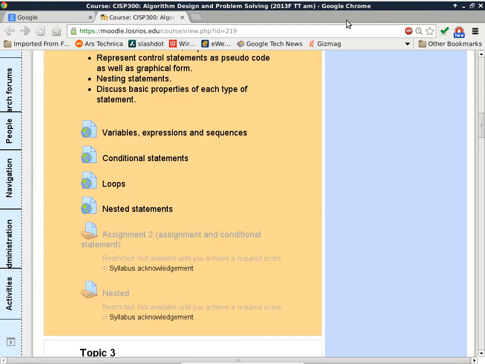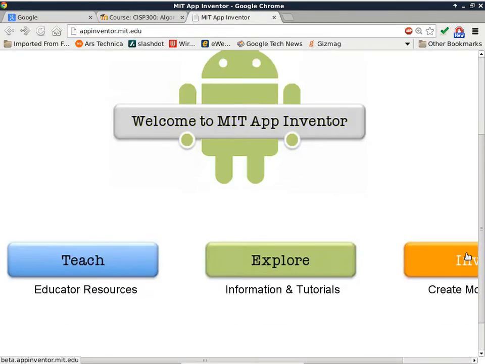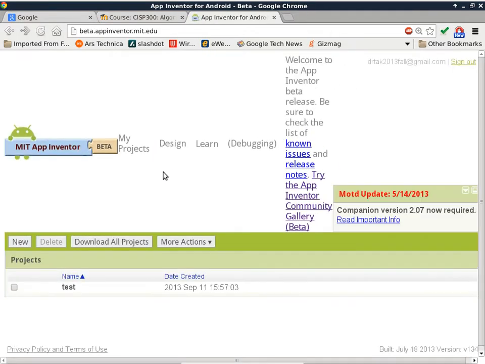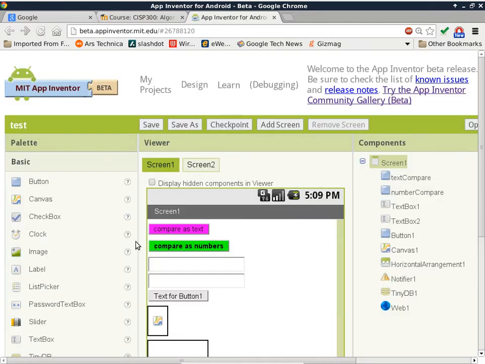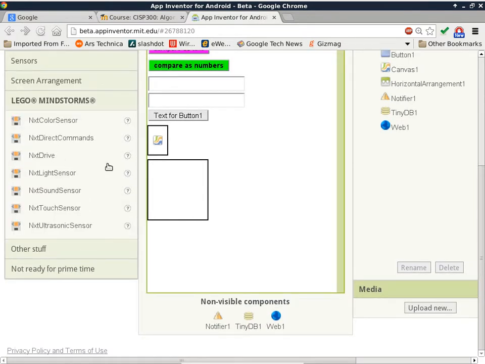So what I do want to show you guys is the Lego Mindstorms and also App Inventor. App Inventor I have shown you already, but I'm going to show you again, this time with a little emphasis on a different part of it. So I'm going to go to the Lego Mindstorms drawer inside the, they call this the palette. So there you go. App Inventor is